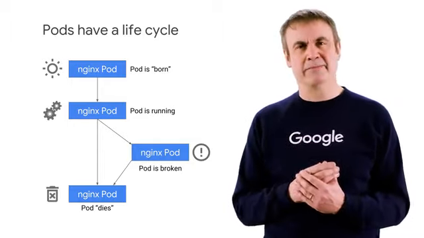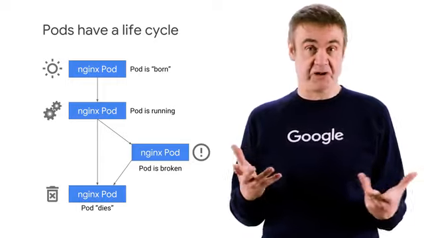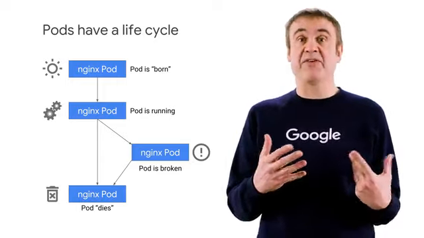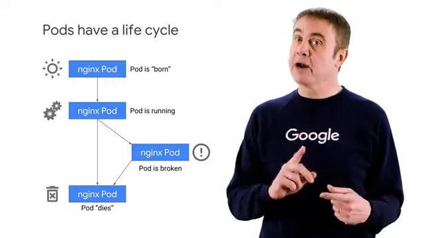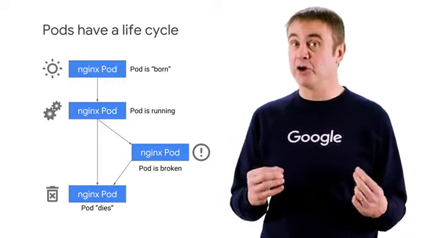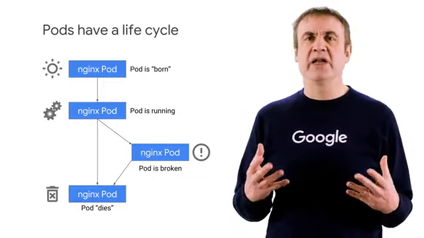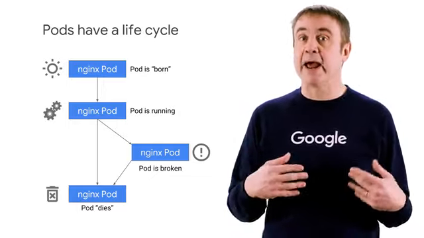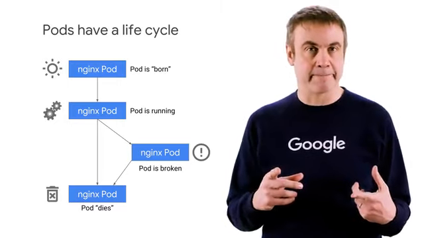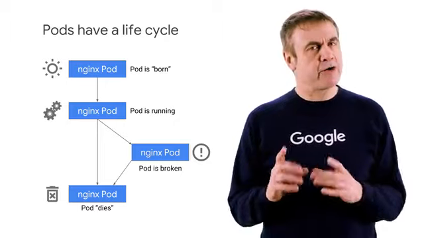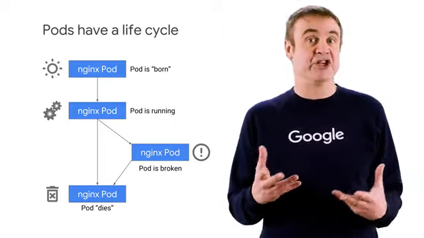Here's another problem. Pods don't heal or repair themselves, and they're not meant to run forever. They're designed to be ephemeral and disposable. For these reasons, there are better ways to manage what you run in Kubernetes than specifying individual pods. You need a setup like this to maintain an application's high availability along with horizontal scaling. So, how do you tell Kubernetes to maintain the desired state of 3 Nginx containers?